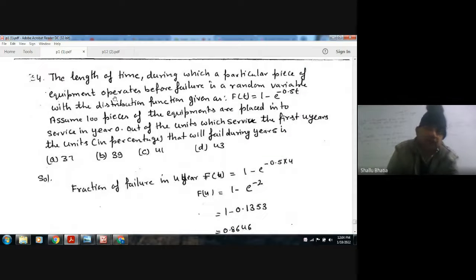Next, the length of time during which a particular piece of equipment operates before failure is a random variable. The distribution function is F(t) equals 1 minus e to the power minus 0.5t. Assume 100 pieces of equipment are placed into service in year 0. Out of the units which serve the first 4 years, the units in percentage...